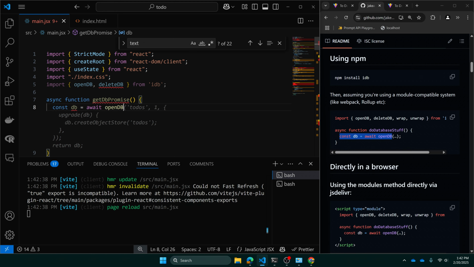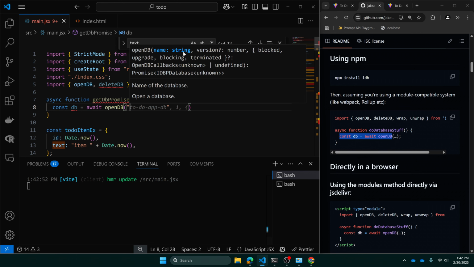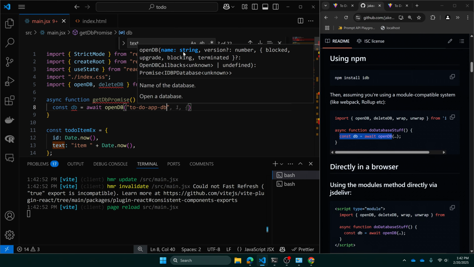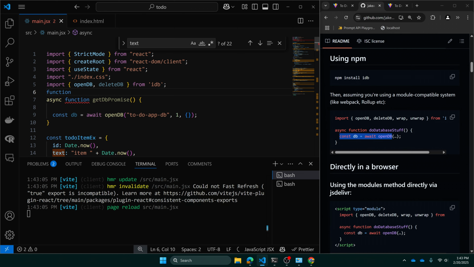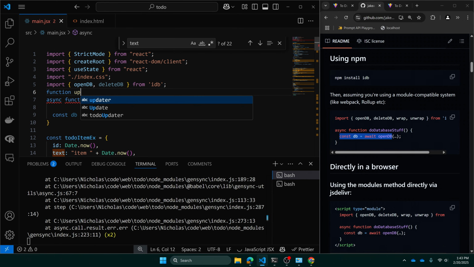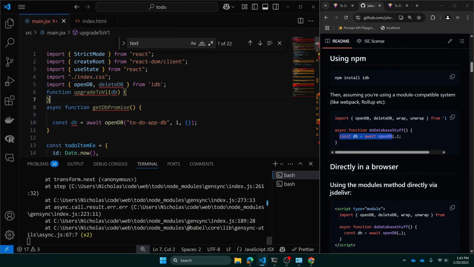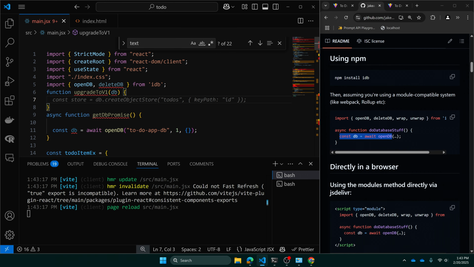We're going to need to give that a name. So the name of the database is not the name of the table, but it's the name of the entire database. So appdb is a fine name, a version, which is going to be 1, and then we have to pass in some sort of upgrade function to say how to create the initial schema for the v1 database. So I'll create a function, upgradeToV1, and I'll take the database,